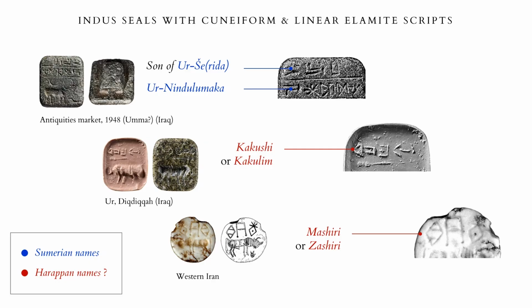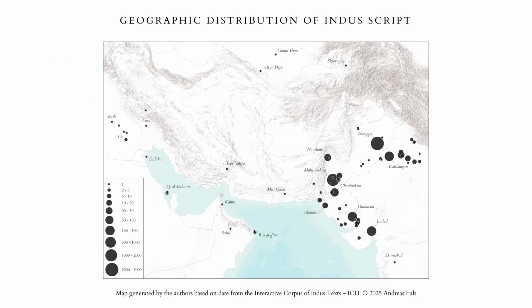The Harappans, in fact, were well aware of other writing systems, as testified by the discovery of some Indus-type seals with inscriptions in Sumer-Akkadian cuneiform and linear Elamite. During the second half of the third millennium, evidence for the use of the Indus script is recorded at hundreds of sites in the greater Indus Valley, but also in other regions of Western and Central Asia, including the Iranian Plateau, the Oxus River Basin, Eastern Arabia, the Persian Gulf, and Mesopotamia, testifying to the intense commercial and cultural interaction with these regions.